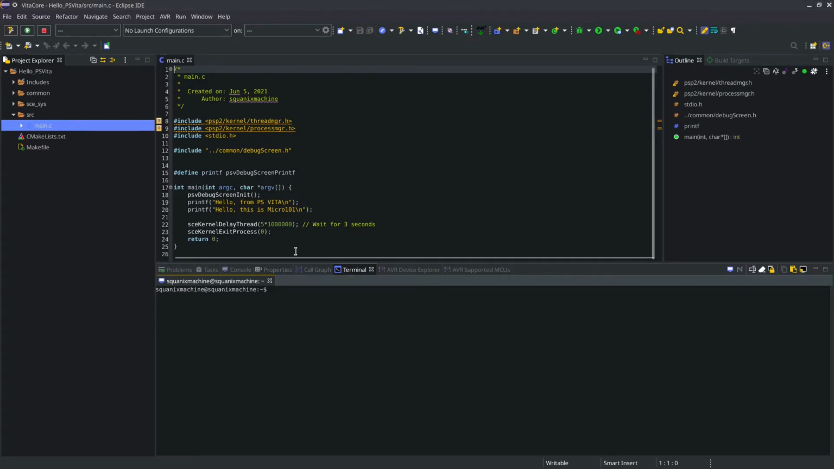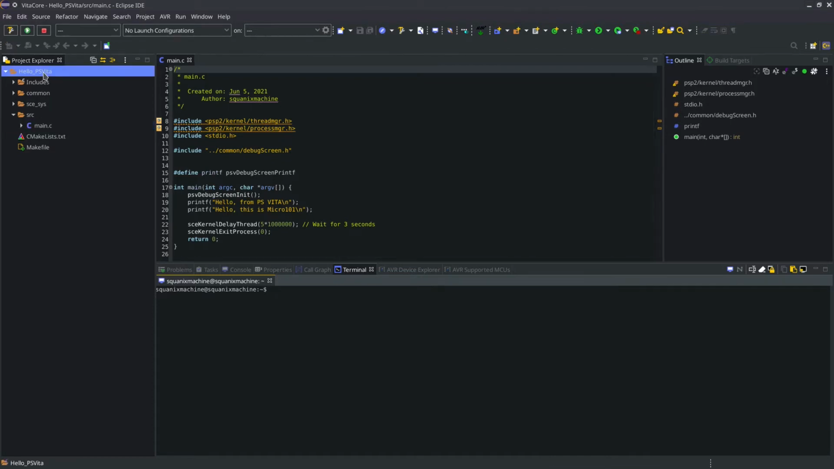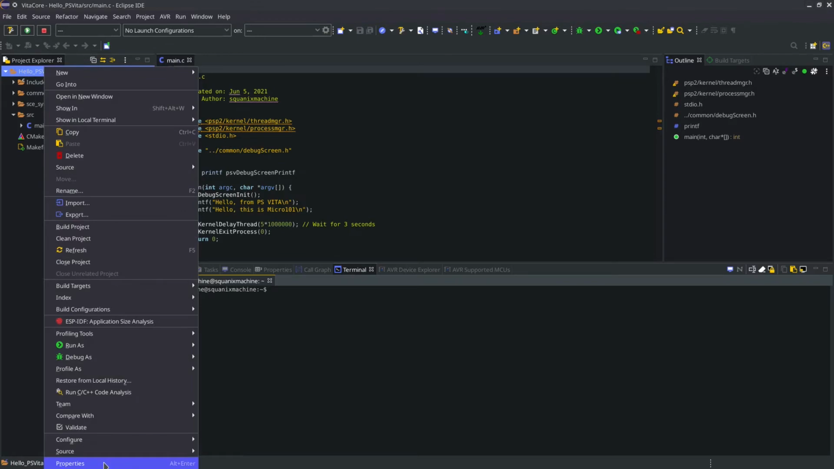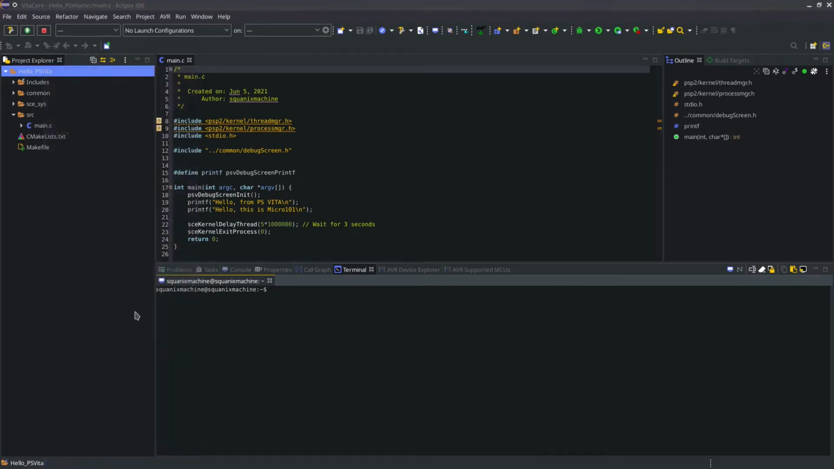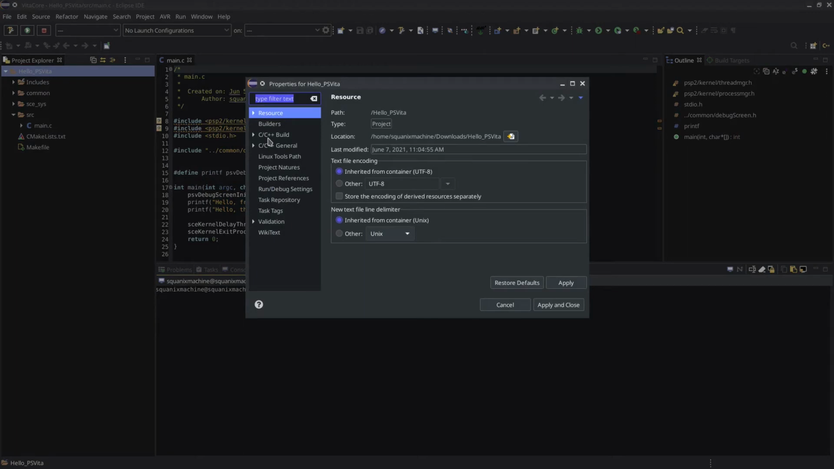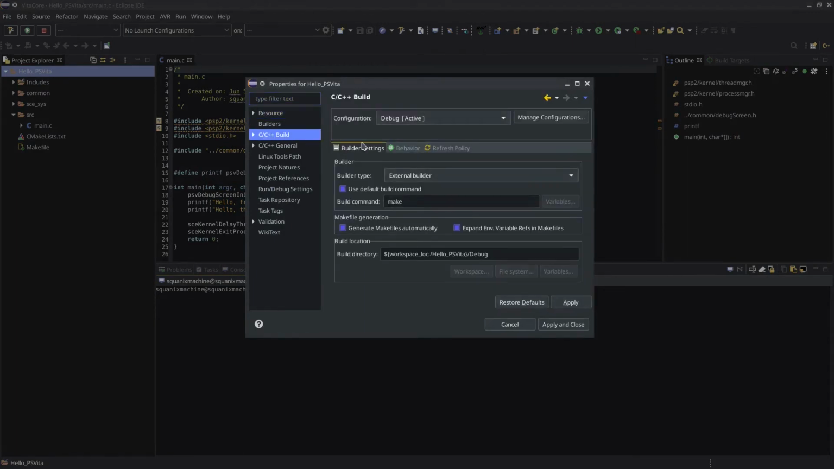After this, we will compile our application, but we need to do some settings before we compile. To do it, right click on your project and choose Properties. We start from the C/C++ Build. On the build settings, you need to uncheck the "use default build command" option, and the build command we change to cmake, and then